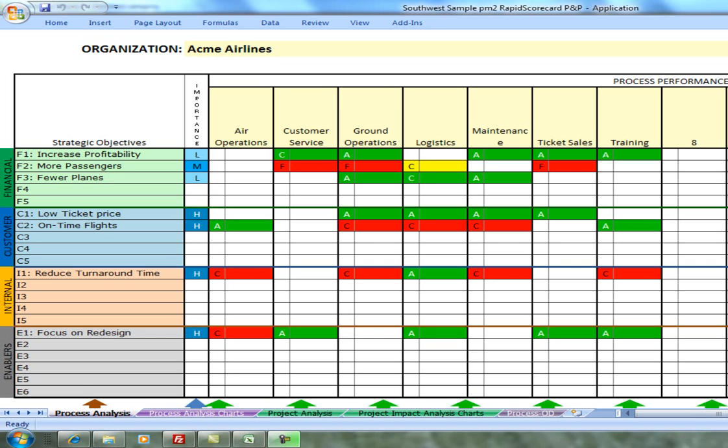So we're still looking at the spreadsheet that you developed in Module 2. We're looking at the Process Analysis tab. And in here you'll see the evaluation that we gave on the impact of each process against each strategic objective. We're now going to move to the final tab in that spreadsheet, the one that is titled